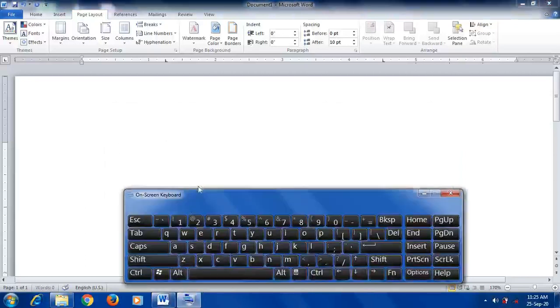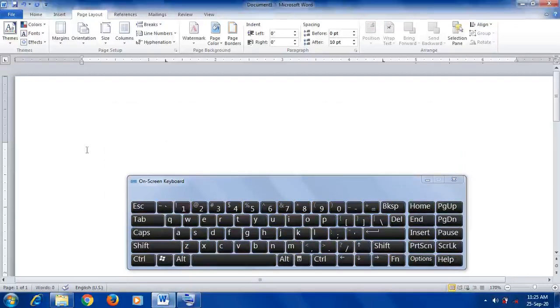Now see here, our cursor is here. If I press the tab key, the cursor comes to this location. Again, if I press the tab key, it directly comes to this location. Observe that the cursor is stopping here. Again, if I press, the cursor comes to this location, below this tab icon. So in this way we can set the tab.